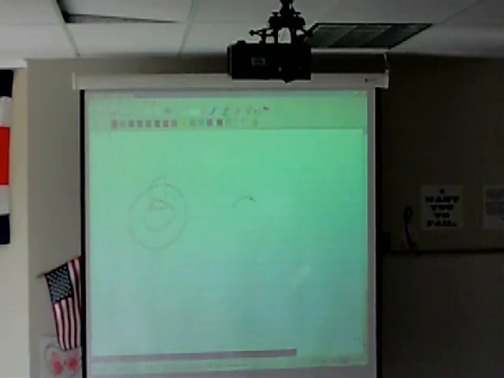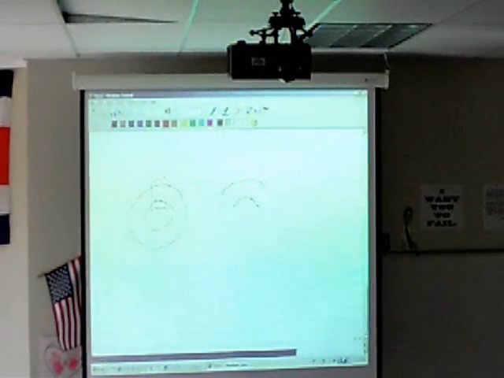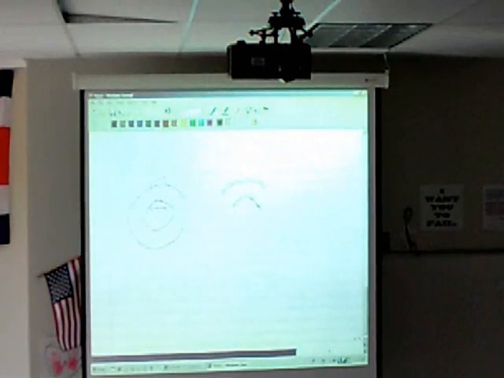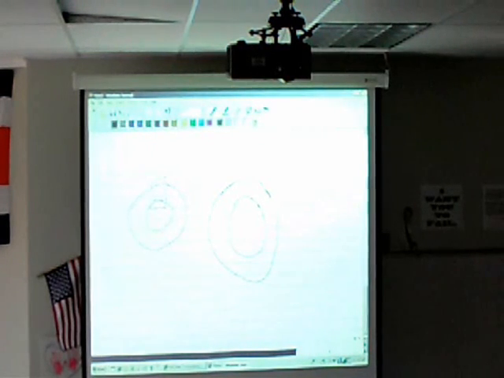What happens to this line? Gets longer. What happens to this line? Gets longer. So if I extend that to the entire picture, what happens to the inner circle? It gets bigger as the outer circle gets bigger. So both inner and outer circles expand, so the entire hole expands. And so it's actually easier to fit it